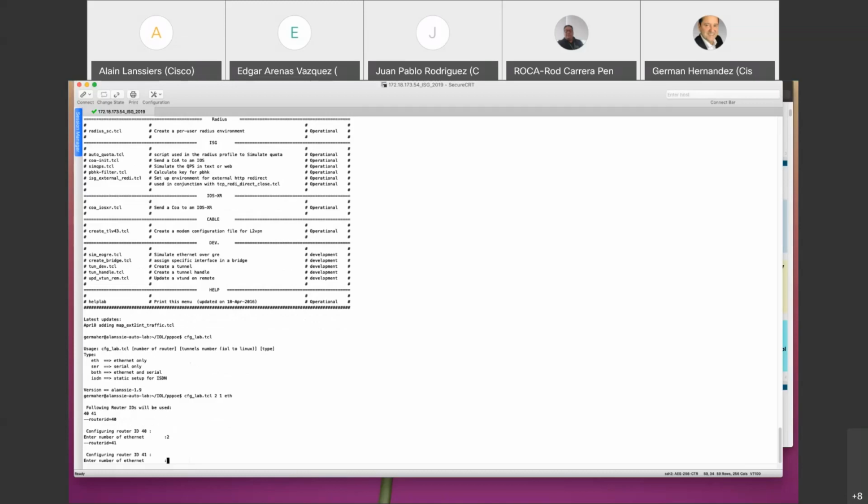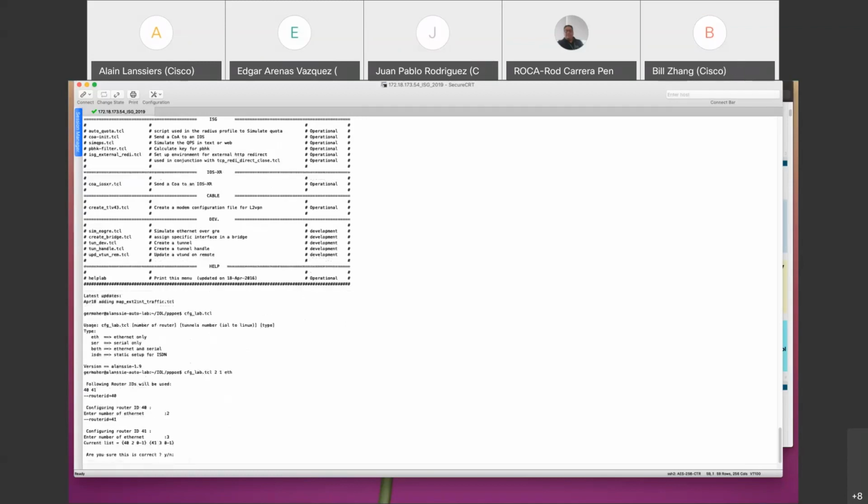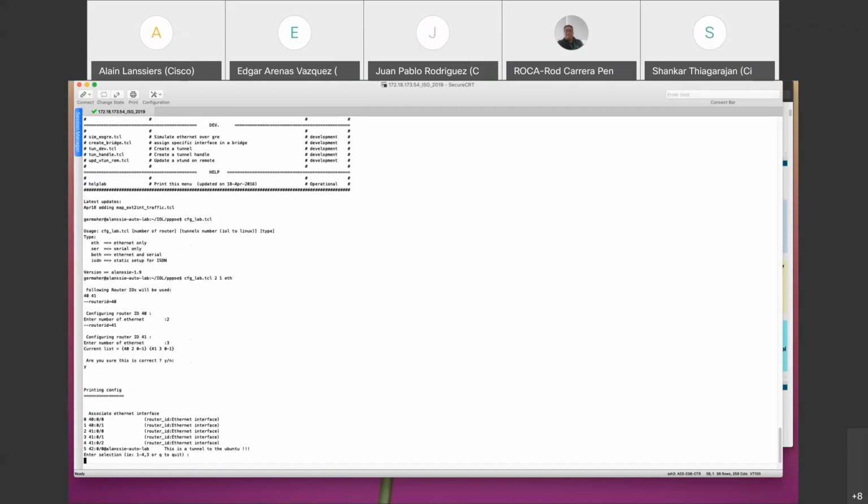Wait, because we also foresee a tunnel. So eventually, from 41, at one point we might want to try a radius authentication instead of a local one. So we're going to put the 2 to connect back to 40, and the third one to connect to the tunnel. Okay, so it will be 3. Okay, this is correct? Yes. Now I'm going to make the